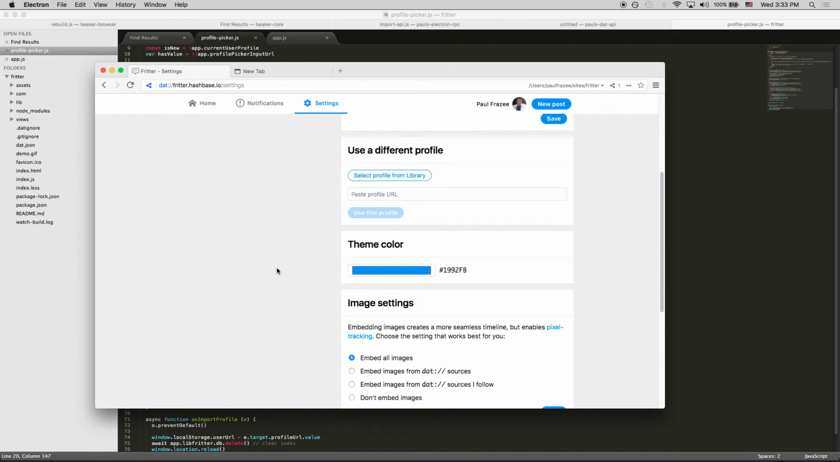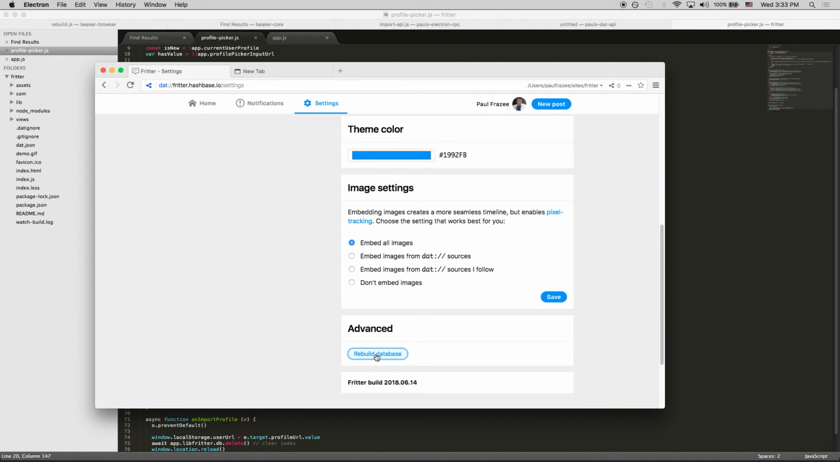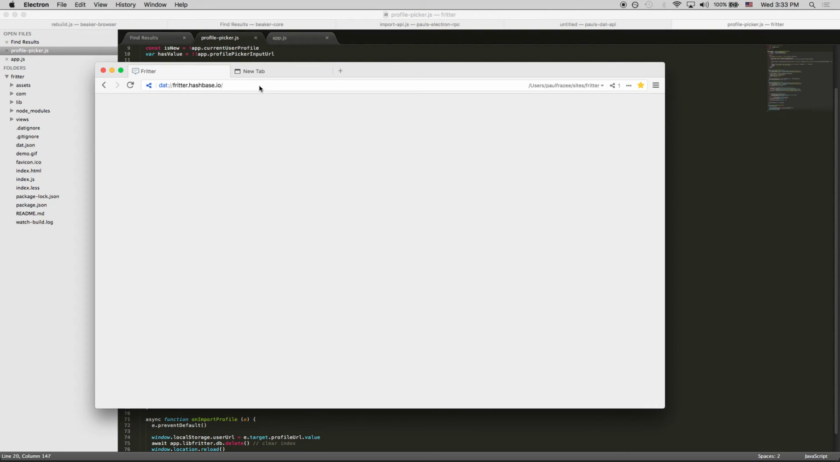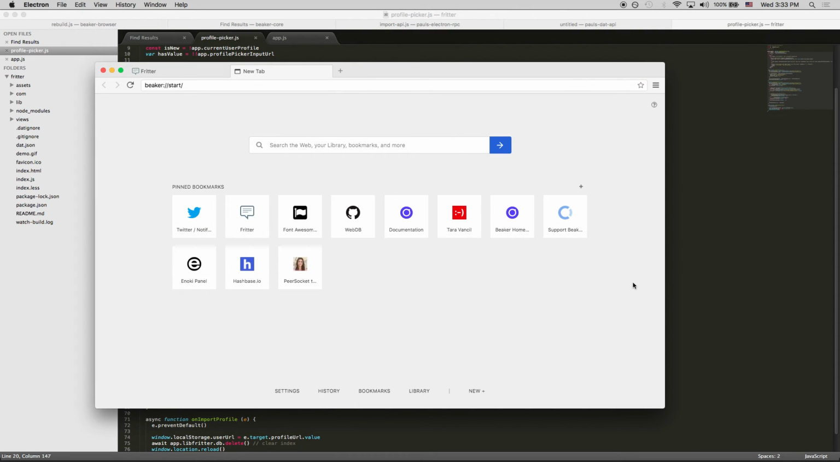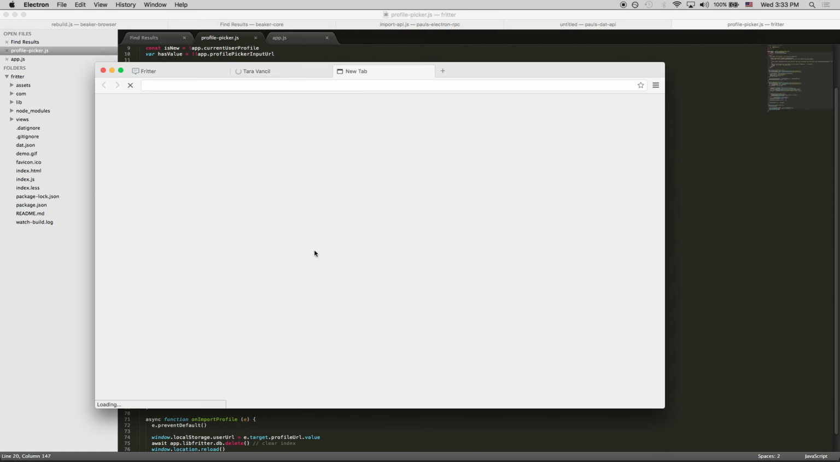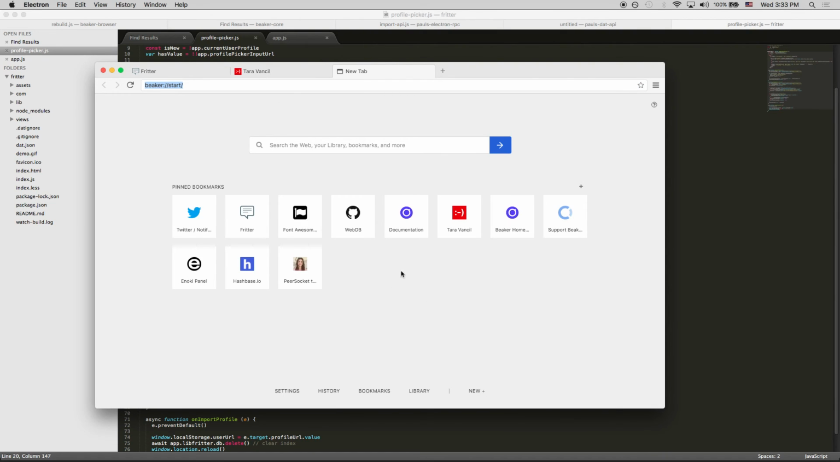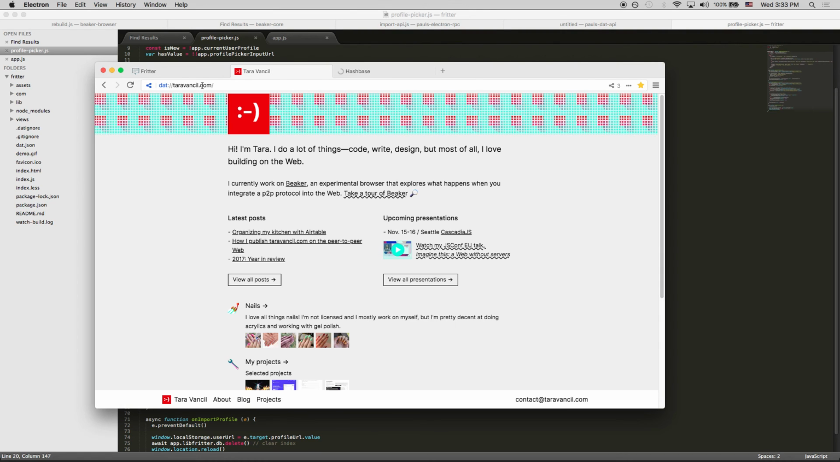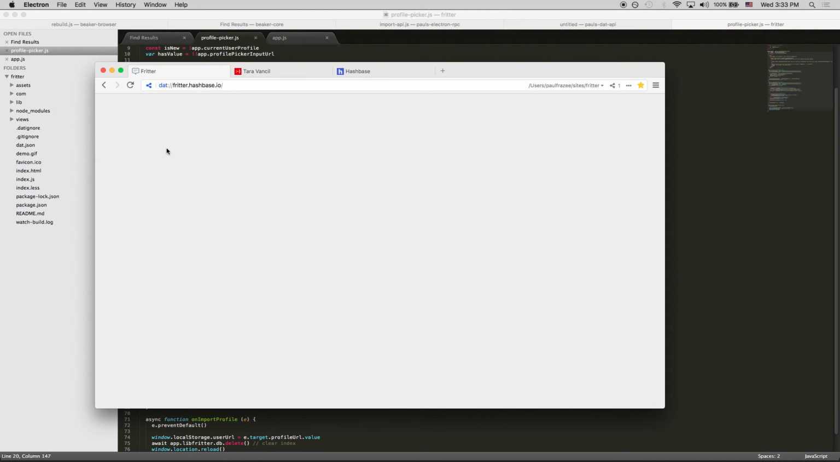Let me, just to demonstrate this fully, I'm going to rebuild my Fritter database, which means we're just going to be slamming the entire DAT stack with reads. And while we're doing that, I'm just going to open up other tabs, including other DAT sites, and we'll see that there's just no problem. The browser continues to work exactly as you would expect, and it's just a really important improvement, I think, because